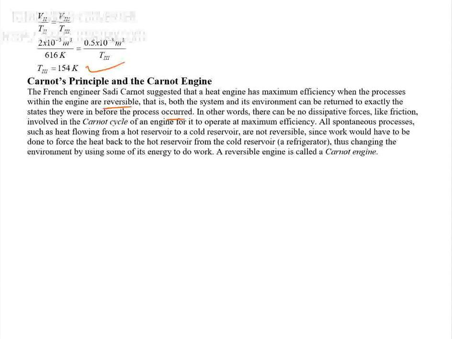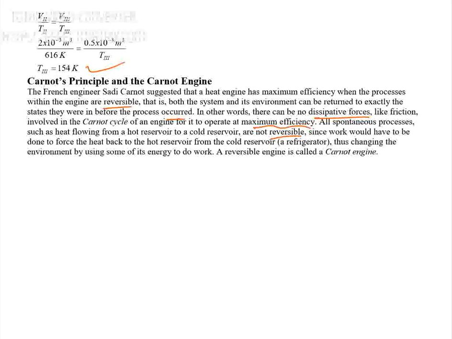In other words, there can be no dissipative force like friction and air resistance involved in Carnot's cycle of an engine for it to operate at maximum efficiency. All spontaneous processes such as heat flow from hot reservoir to cold reservoir are not reversible, since